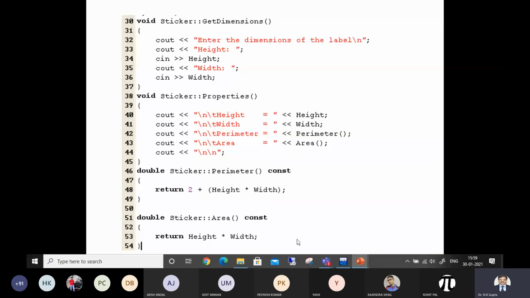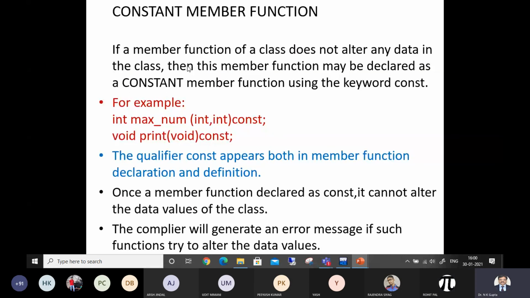Now look at this. These were const member functions. If a member function does not alter any data in the class, then the member function may be declared as const. Even deliberately or mistakenly, you will not be able to change the data value, so it's better to make it a const member function.